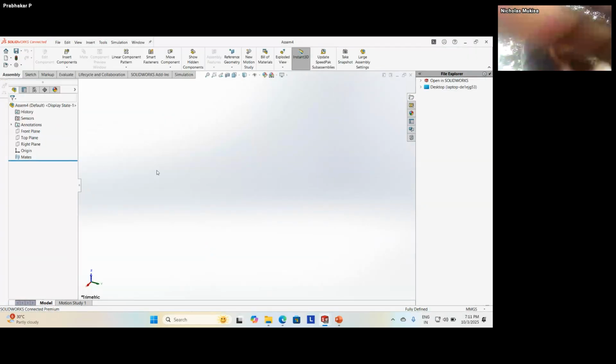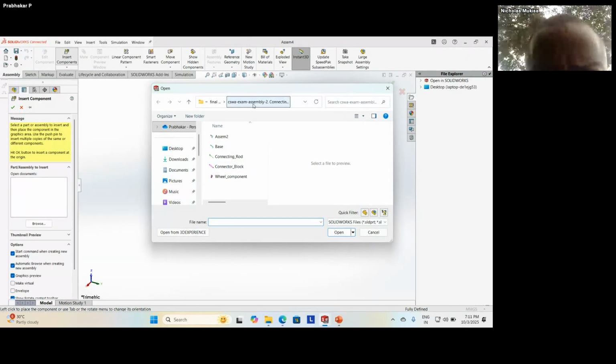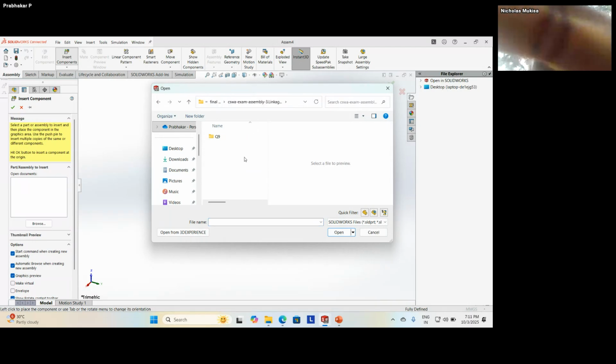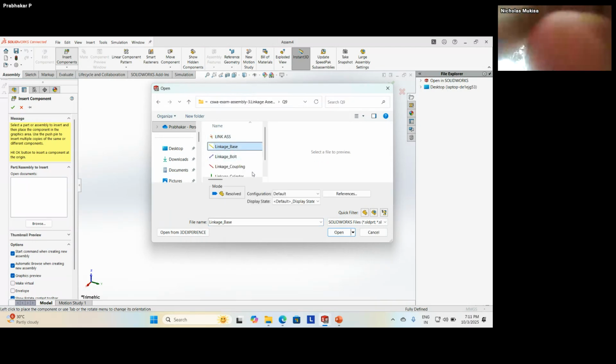Assembly, insert component, linkage base.